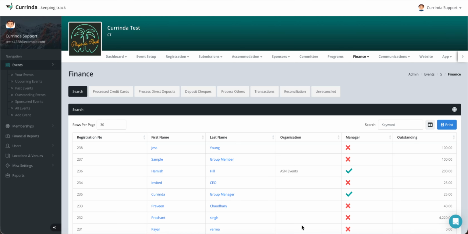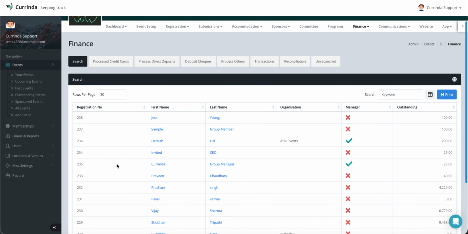Hello. So now let's talk about the finance section in events. As you can see, I'm already on the finance page, on the search page, inside of the finance section. If I hover over this menu in the events and then click on this finance, it will lead me here. So what this report says is actually